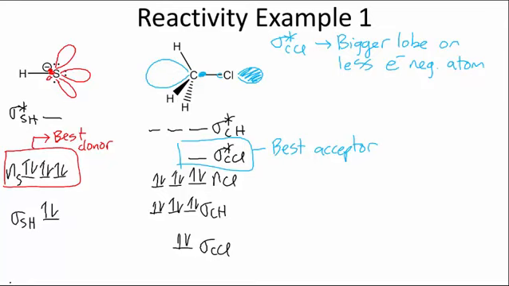So the question is, is the bond that accepts always going to break off? Well, if the acceptor orbital is an antibonding orbital, then you are always going to break that bond. Yes. Whenever the acceptor is an antibonding orbital, you will break the corresponding bond. All right, great. I feel like we made great progress today, and we'll continue